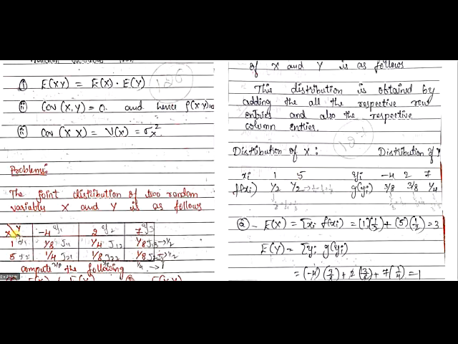For 1, what is the marginal distribution? 1 by 2. You know how to find this 1 by 2, the sum of all the elements in the first row. Similarly, the marginal distribution of 5 is 1 by 2 again. Now the distribution of y: we are given 3 values, that is -4, 2 and 7. For those values, the marginal distribution is 3 by 8, 3 by 8 and 1 by 4, that we already found and I have written here.